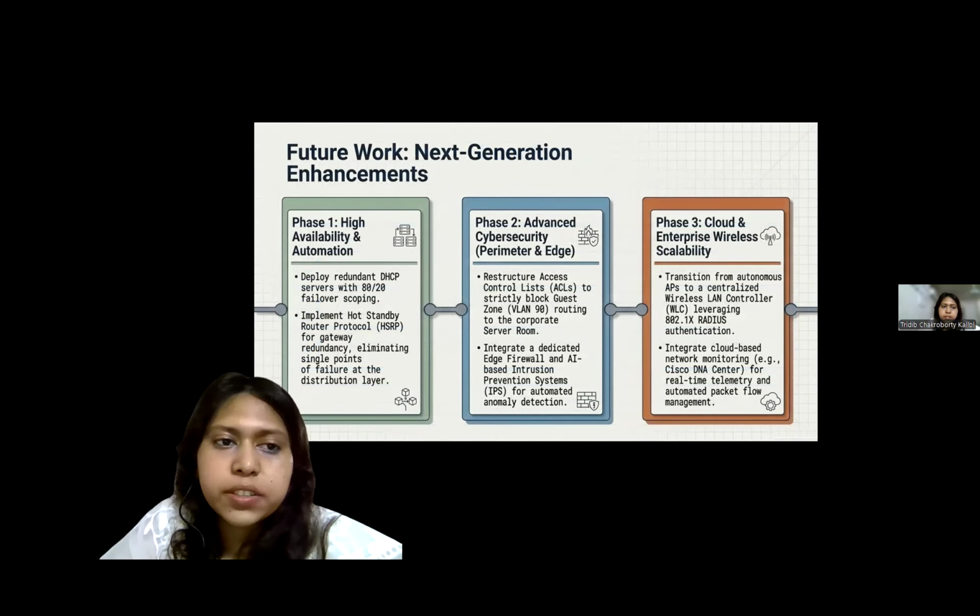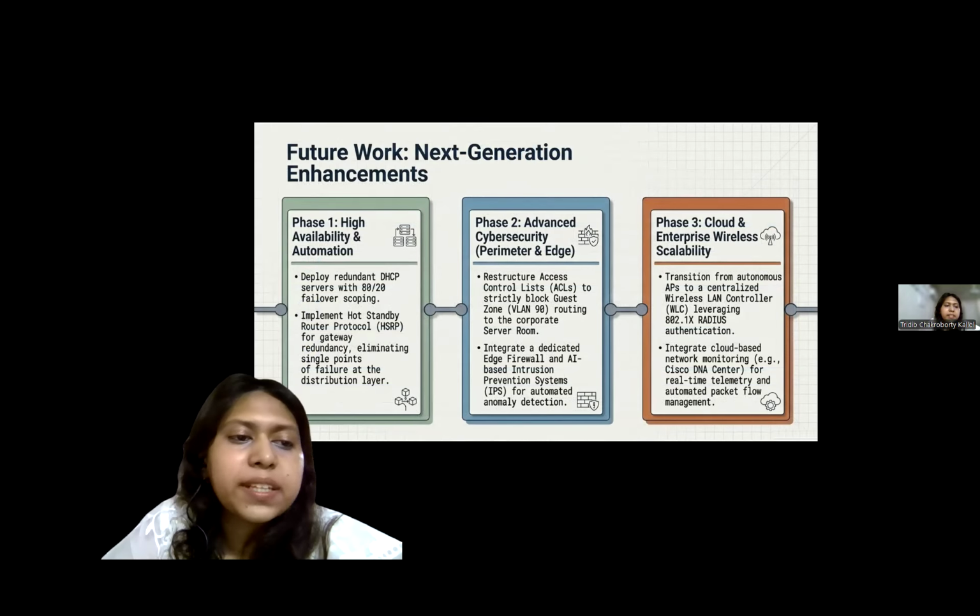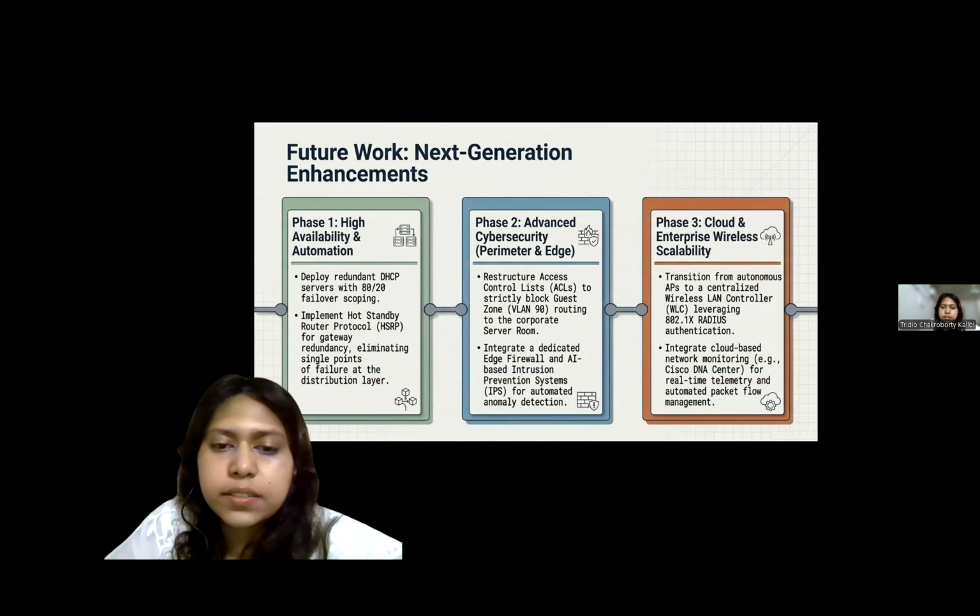For the future enhancements, at phase one, we are going to implement high availability and automation by deploying redundant DHCP servers with failover scoping. We can also implement Hot Standby Router Protocol for gateway redundancy, eliminating single points of failure at the distribution layer. For phase two,